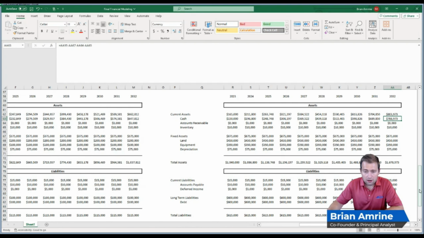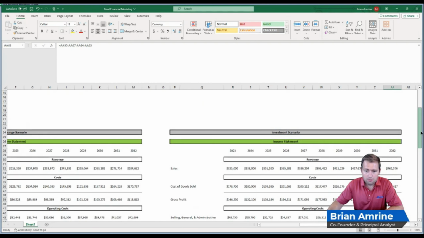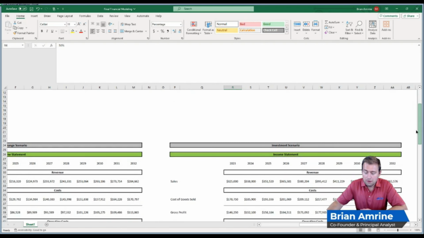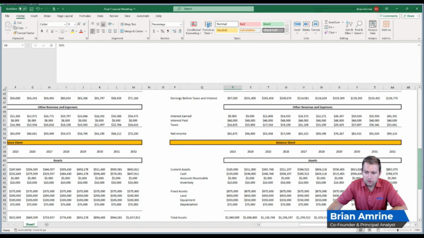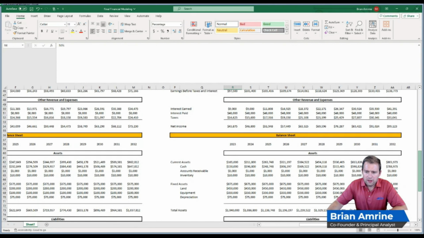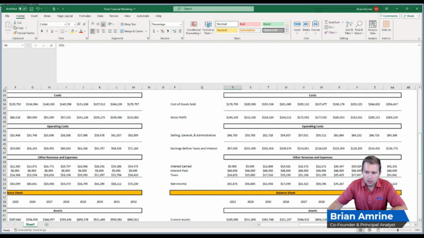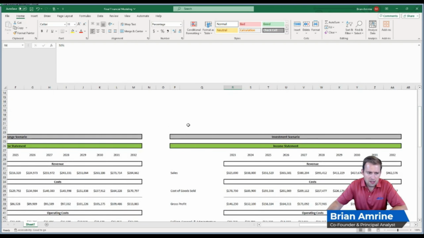But an investment banker might now be able to point and say, here's what your income statement looks like today if you don't do anything. Here's what it would look like if you bought that putting company. For this scenario, there are a couple of selling points for the company to do this thing, and they would call this a leverage buyout because we're taking on debt to finance buying of a company. It's called a leverage buyout. But one selling point might be the fact that if we look 10 years from now at 2032, what we forecast to happen in the no change scenario versus the investment scenario,